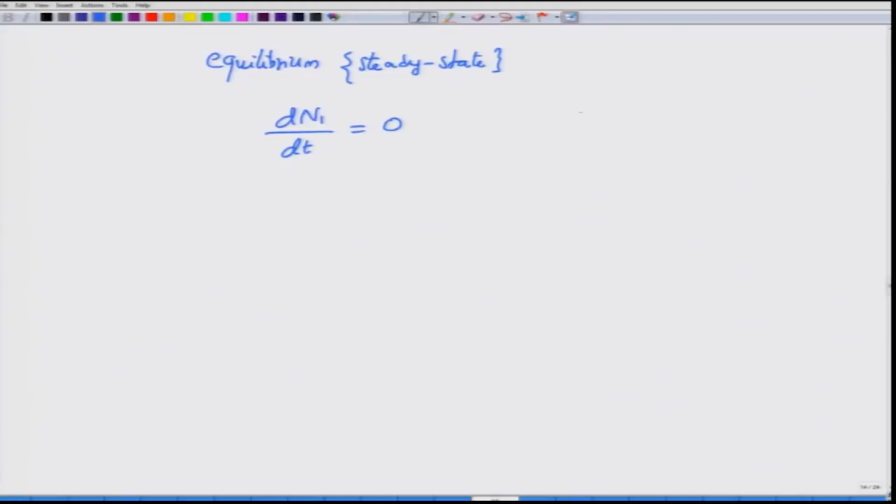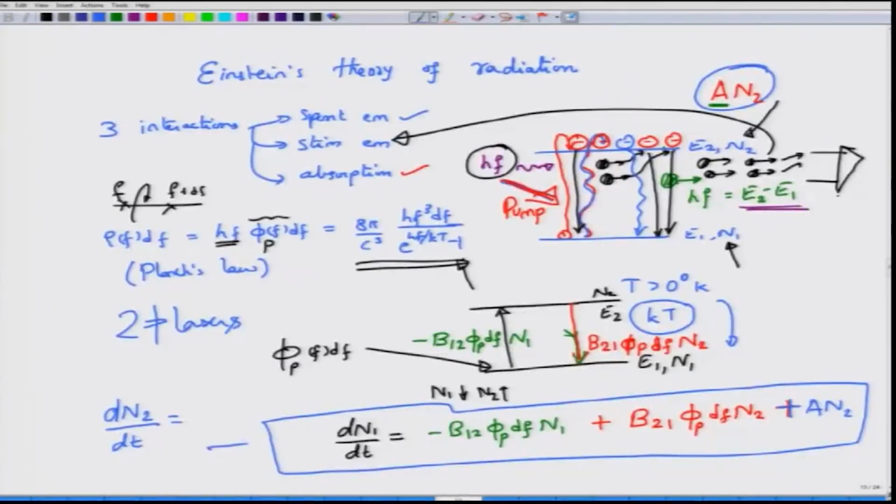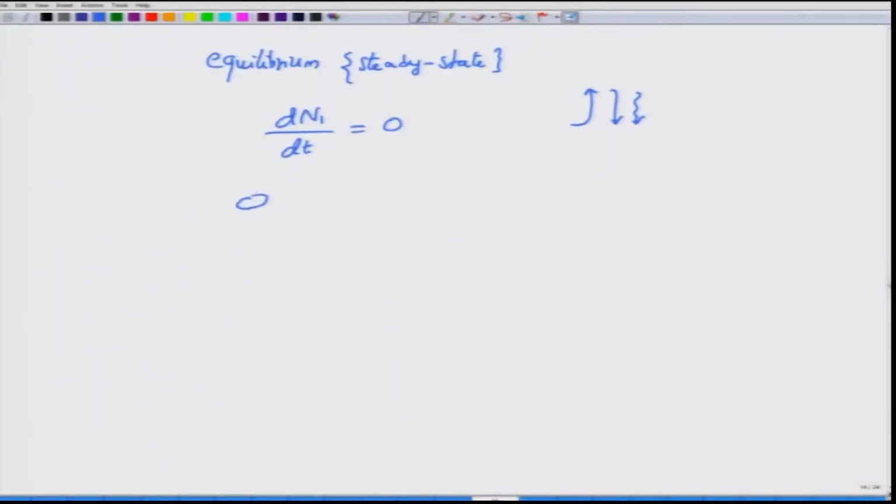What it means is that all absorptions are balanced by emissions, one will be stimulated, one will be spontaneous. So, now if you set this dN1 by dt equal to 0 in the previous equation and then equate the terms, what you get is phi p df being equal to A21 N2 divided by B12 N1 minus B21 N2. Please take this as an exercise in case you want to know how this equation is derived, and